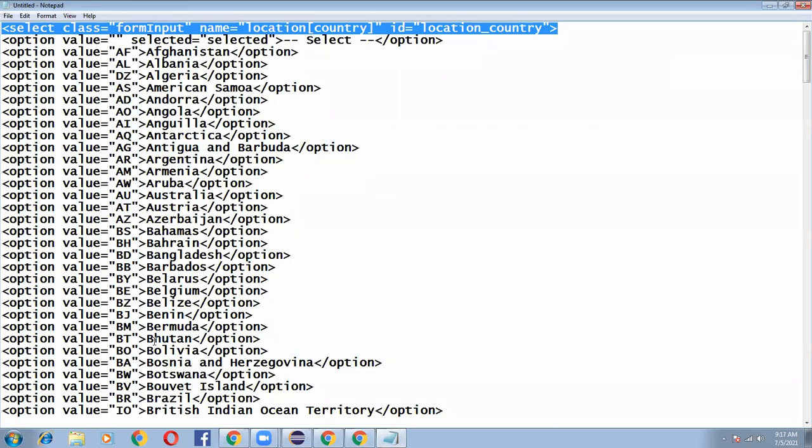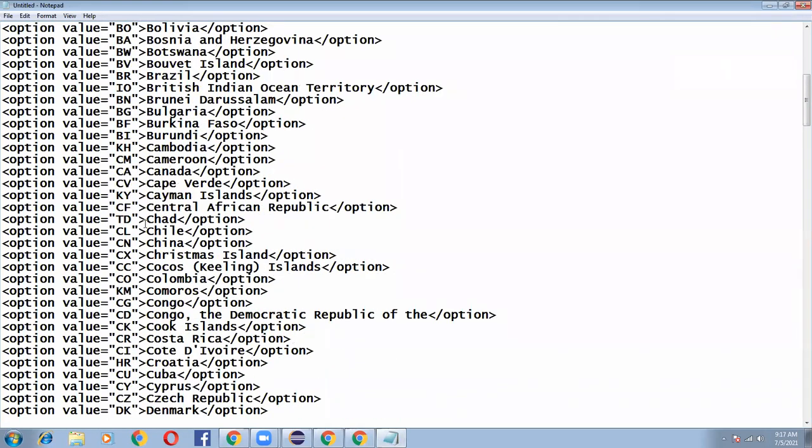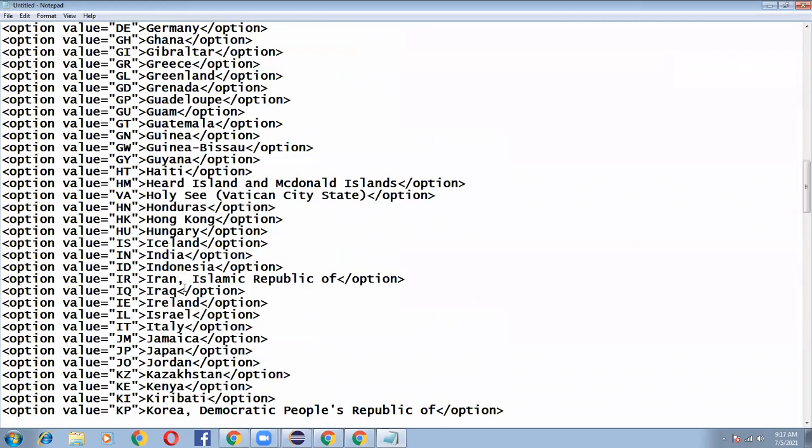So India, where is that India? For India, this is the visible text. For every visible text, the developer has given some value: IN for India, IS for Iceland, and so on. So based on value also we can select the drop down.